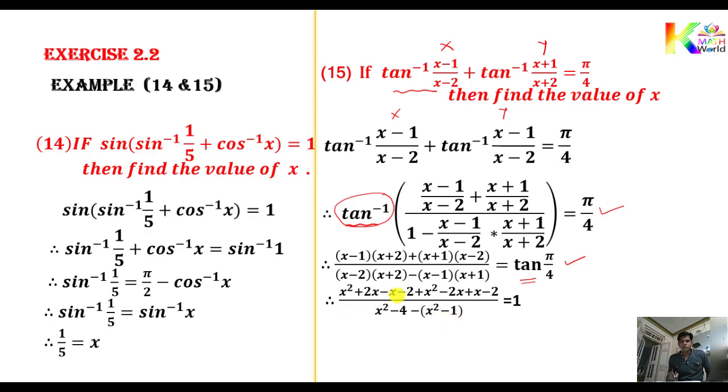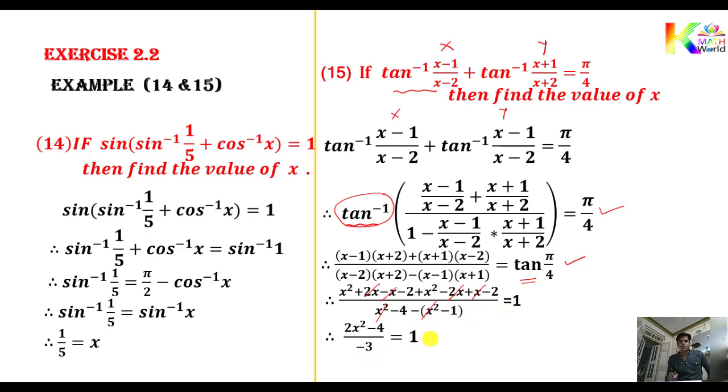Okay, so now what cancels? You can see the x terms cancel out: minus x and plus x. What is left in the numerator? x square plus x square, which means 2 times x square, and minus 2 minus 2, which means minus 4 is left. While in the denominator, when you open this bracket, this x square gets cancelled with the other one. So what is left? 2x square minus 4 in the numerator, while in the denominator minus 4 and, opening the bracket, minus minus plus 1. So minus 4 plus 1 will be minus 3. That equals 1.